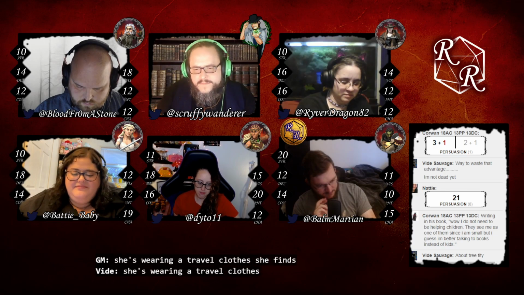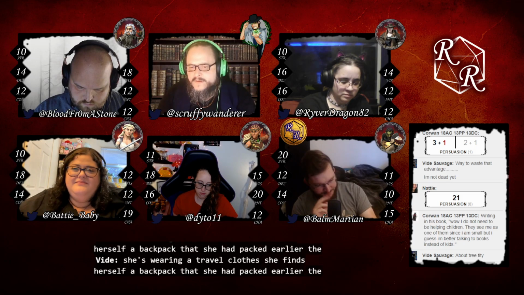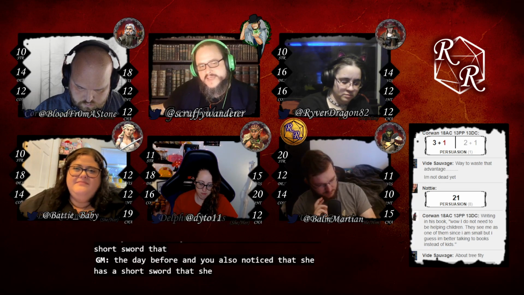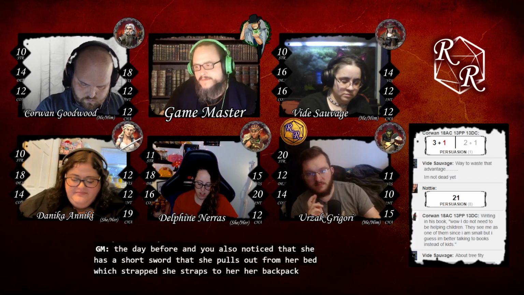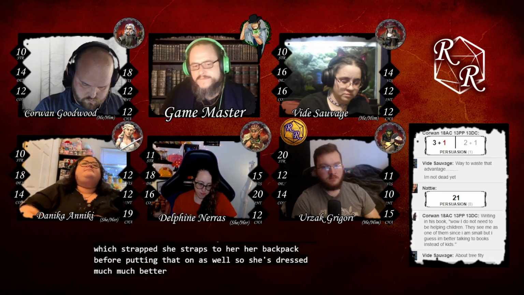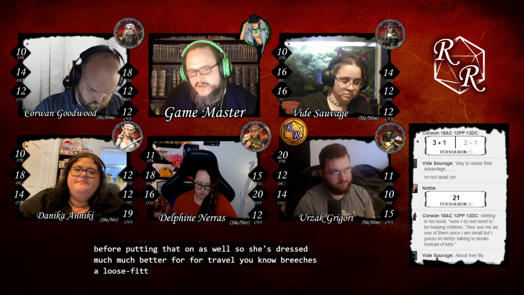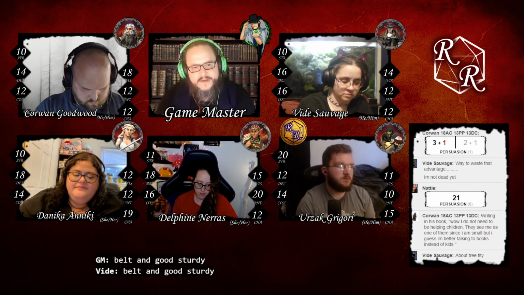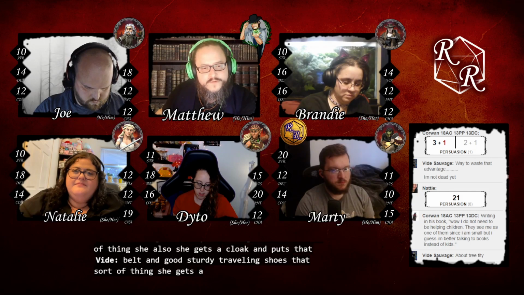She finds herself a backpack that she had packed earlier the day before, and you also notice that she has a short sword that she pulls out from her bed, which she straps to her backpack before putting that on as well. So she's dressed much better for travel. Breeches, a loose-fitting shirt, belt, and good sturdy traveling shoes, that sort of thing. She gets a cloak and puts that over everything as well.